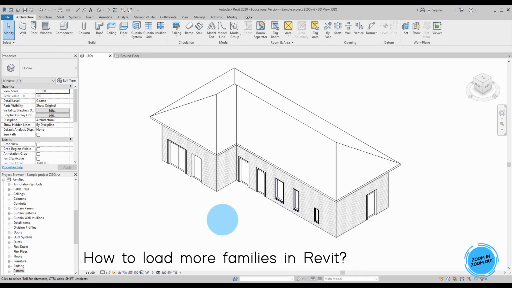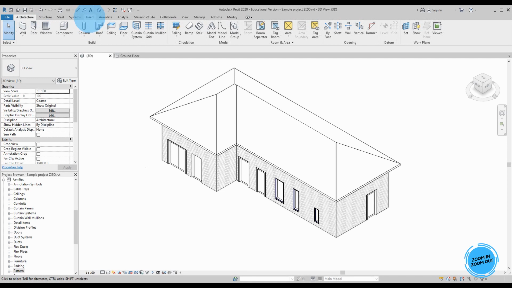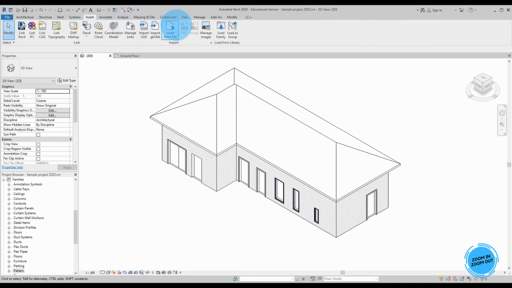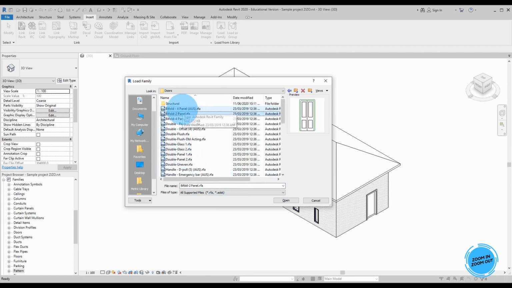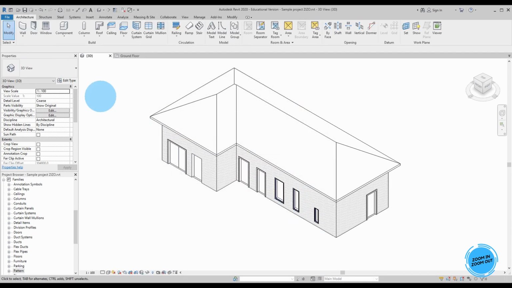So if you want to load more families, all you have to do is go to the Insert tab, which is up here, and at the very end, we have Load Family. You click on that, and let's say I want to bring in more door families, all I do is click here, and using the cursor, I can have a preview of what I am going to get. In this instance, let me go for this fancy looking double door, and I say open. And now if I go to the door command,